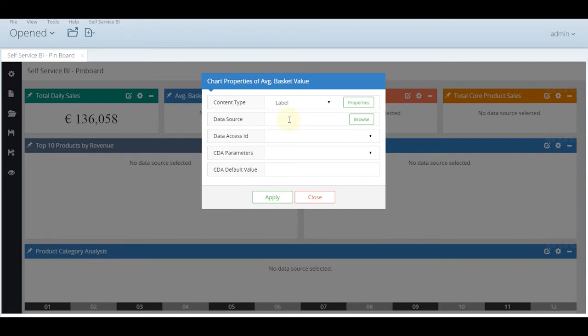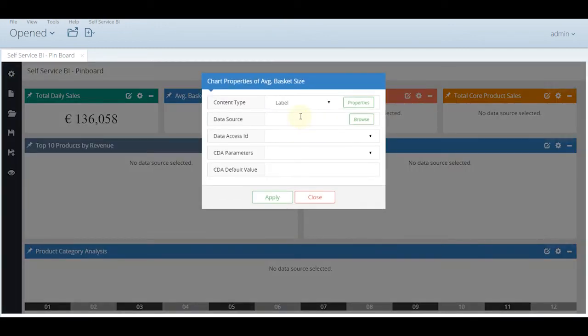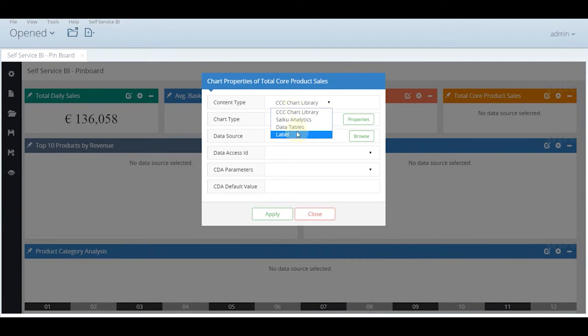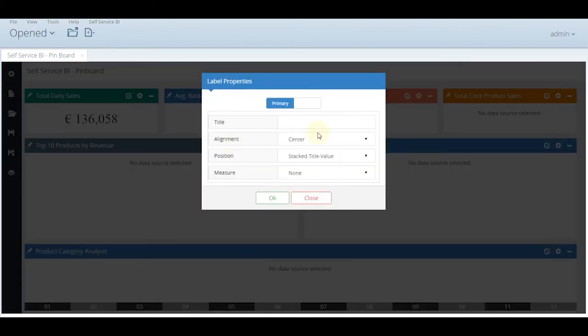Similarly, selecting labels for the average basket value, average basket size, and now for the total core product sales. Again, the unit of measure here is euro.